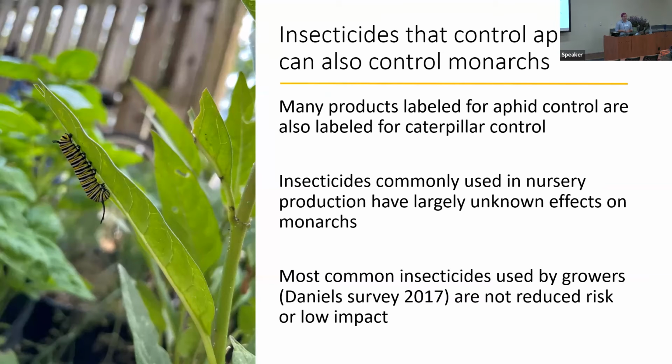Many of the products labeled for aphid control are also labeled for caterpillar control. Sometimes this is at the same rate, sometimes at a different rate, but these are the same molecules that can hit both sets of insects. In addition, a lot of the insecticides commonly used in nursery production have largely unknown effects on monarchs specifically. They may have studied toxicity on other caterpillar species, but especially with a group as diverse as insects, one species of caterpillar can react very strongly to a particular insecticide and another species may not react as strongly,